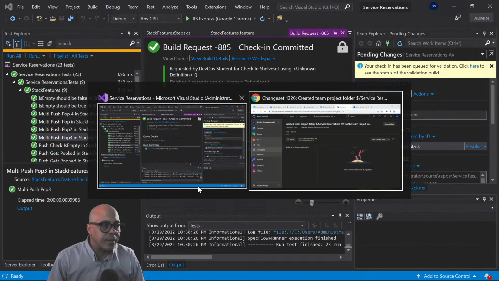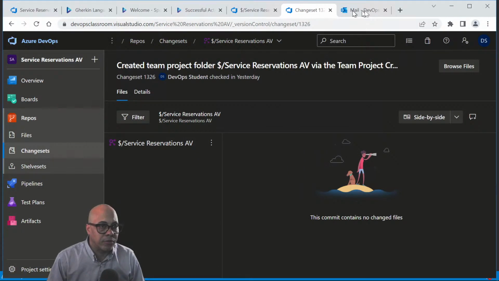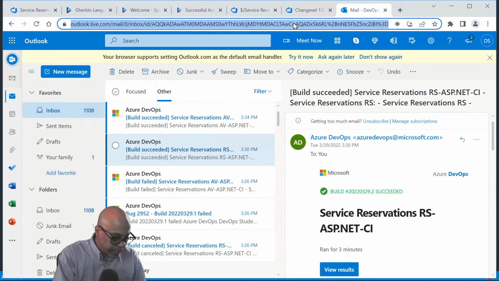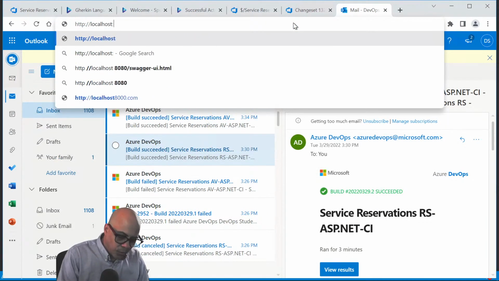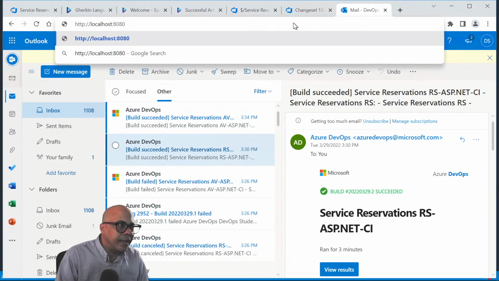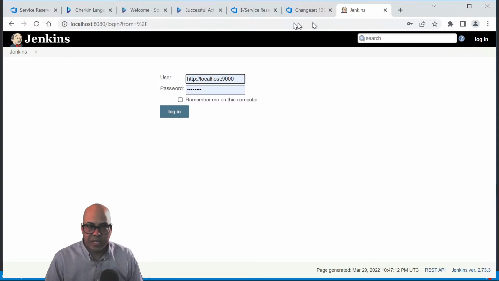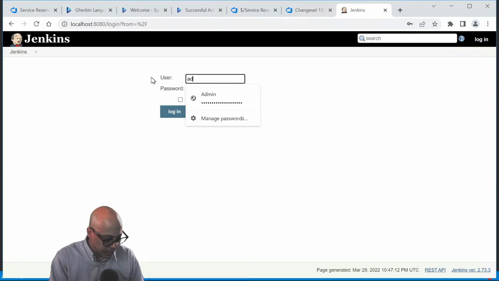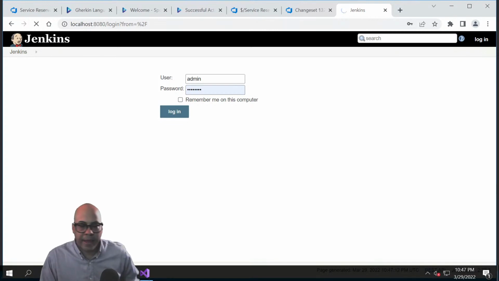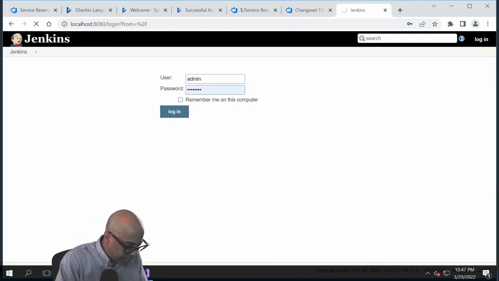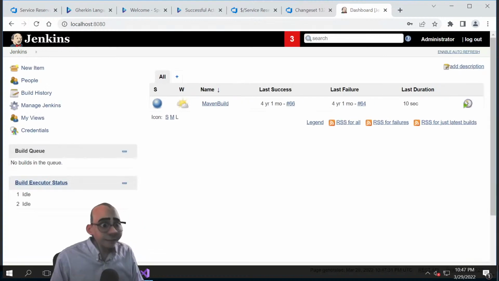So if we go back to our browser, I'm going to go to http://localhost:8080, I think. Yeah, and that brings me to Jenkins. For some reason, it's got the URL to SonarQube in here. I'm just going to change that to admin. The password is password, but the password that's already in there should work. All you have to do is change that URL that's in the username to admin, and you can log in. But the password, for future reference, just in case, is PA$W0RD.